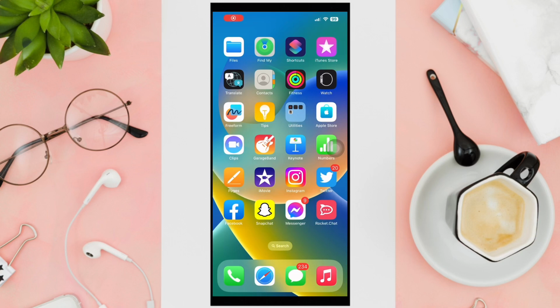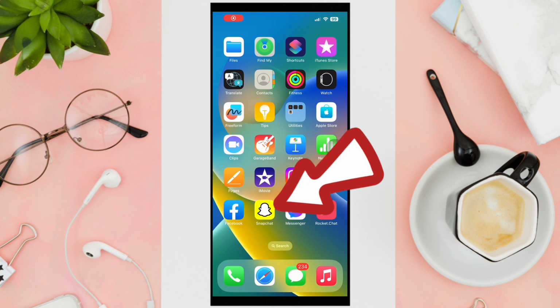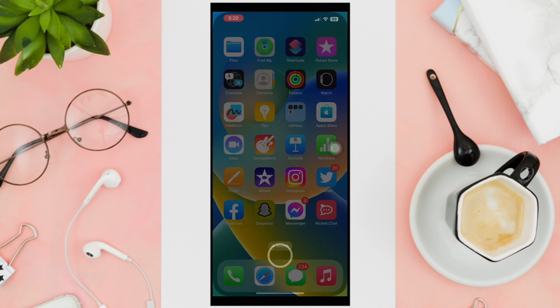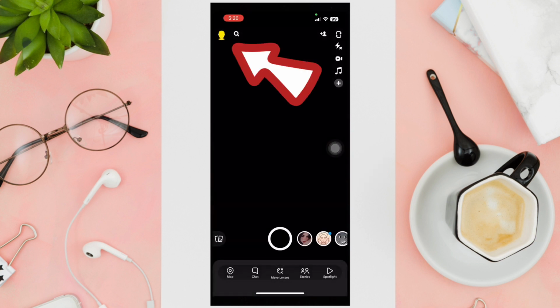Hey guys, in this video, I'm gonna teach you how to get an AI on Snapchat. Let us first access your Snapchat application. And once you access it, go to your profile by clicking on this option found in the upper left corner